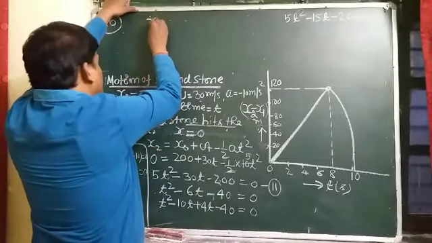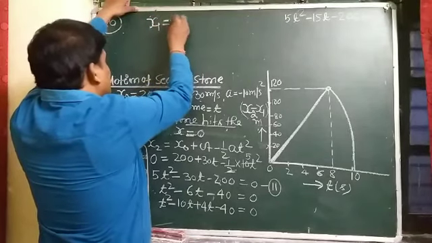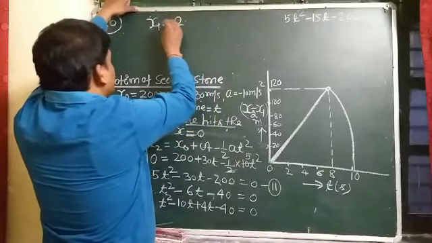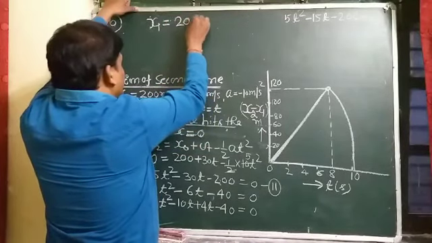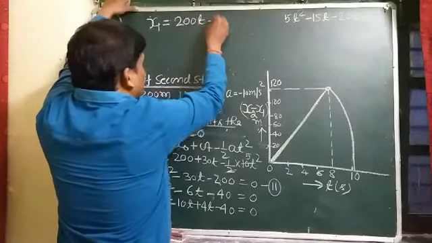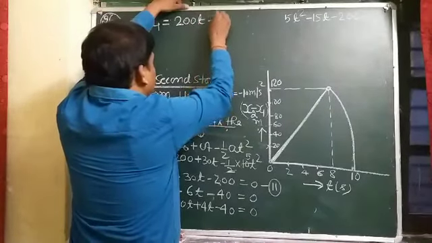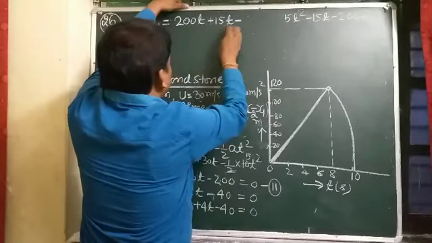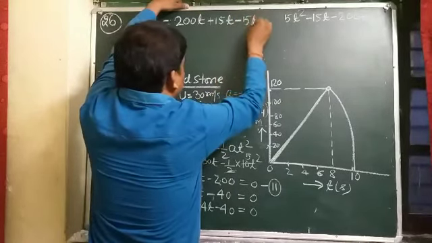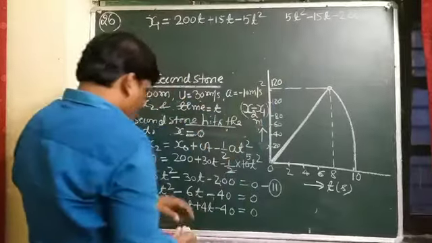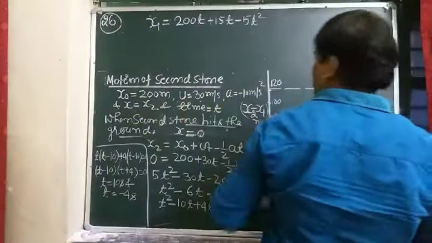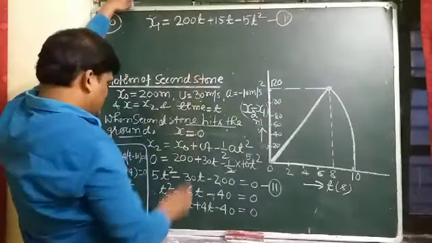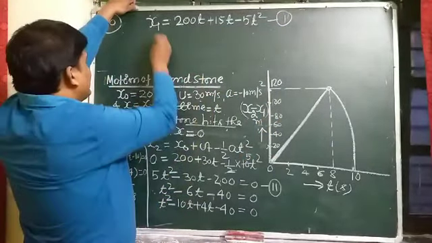Student, we have to write the separation between the two stones. For the first stone, the equation we have already written in the previous case: x1 is 200 minus 15t minus 5t square. This is the equation for the first stone. We have already solved it in the first case. And student, in the second case, x2 is